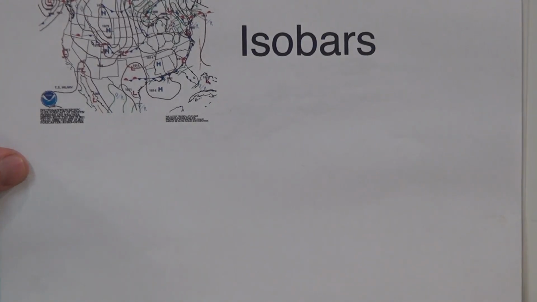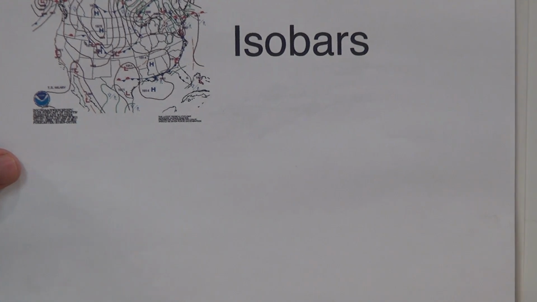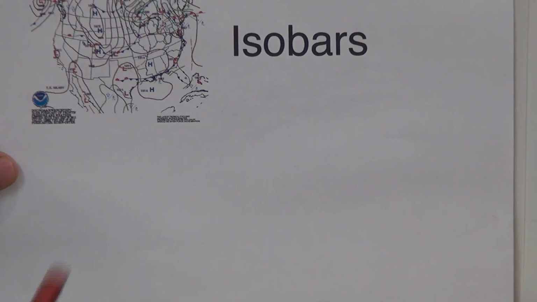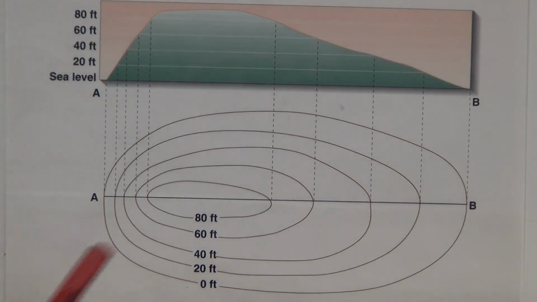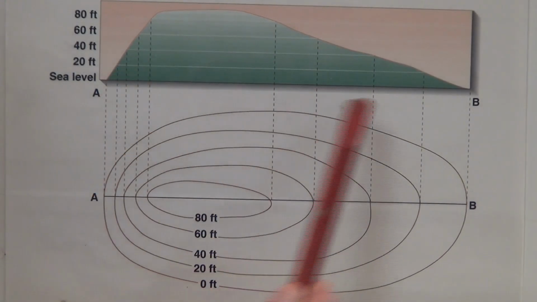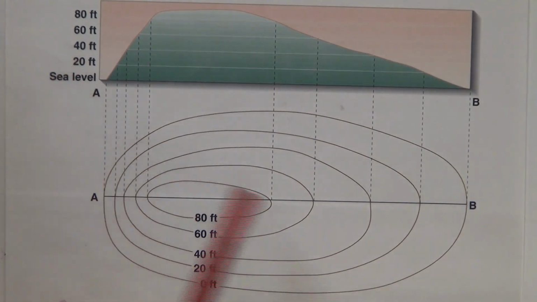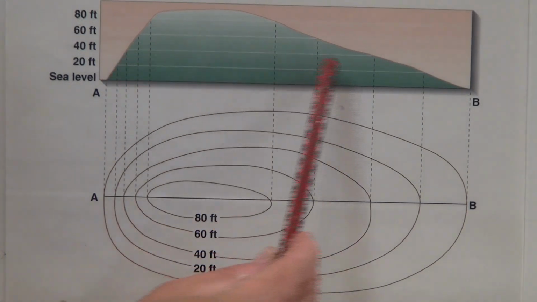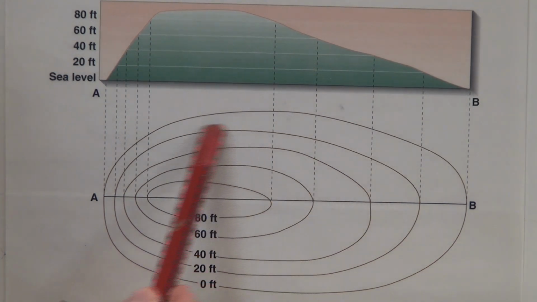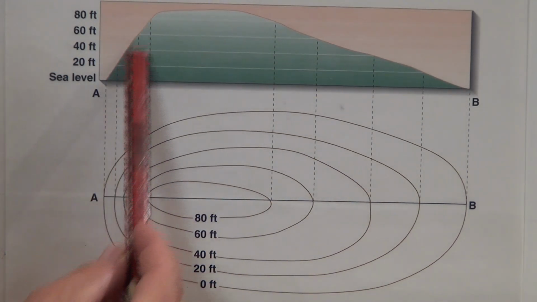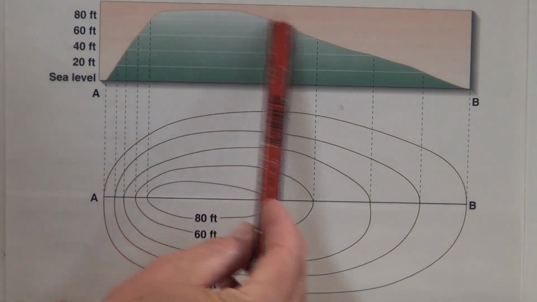isobars. So let's back up a step and talk about contour lines, because contour lines are going to be very, very similar to isobars. Okay, so let's say we were going to walk around this small hill at sea level. That's what we'd represent right here with this first line at 0. If we were to walk around it at the exact same elevation at 20 feet, that would be the line we would walk.